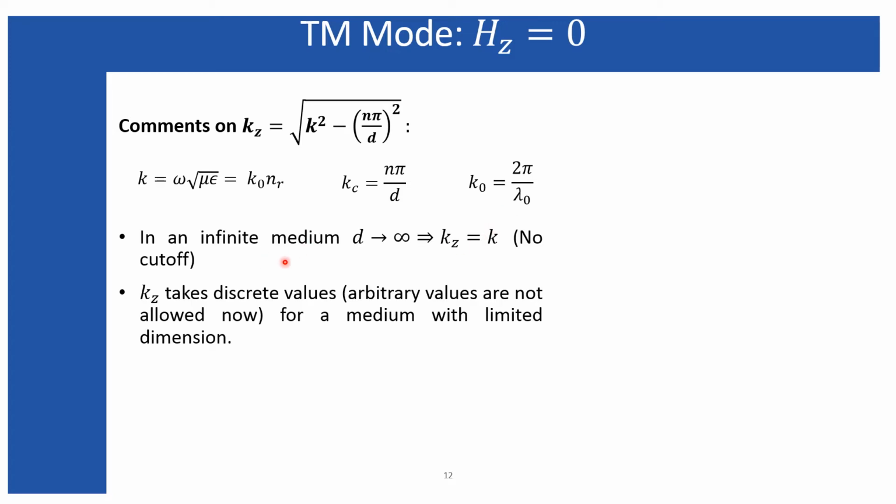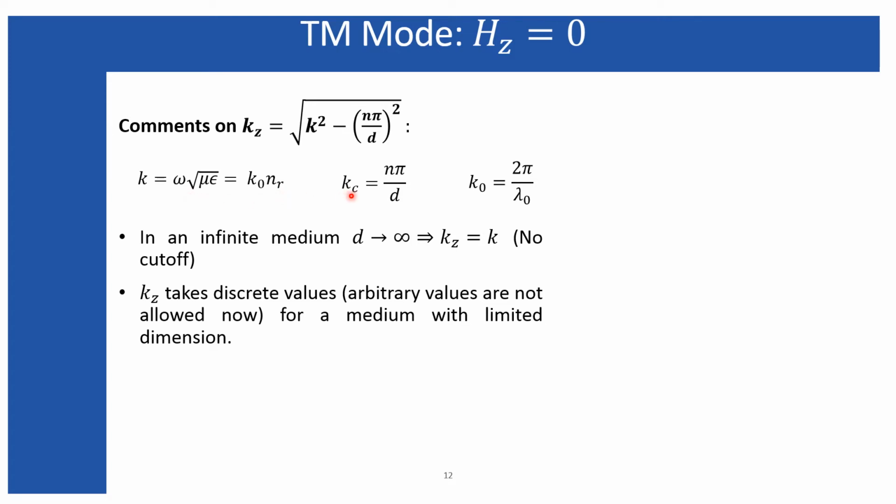In the case of an infinite medium, what I have discussed in all my previous cases, the separation goes to infinity, and that automatically makes this kc 0. Once kc goes to 0, kz becomes equal to k, which signifies that the wave which propagates through a particular medium having the maximum propagating wave number k, which includes this refractive index nr, should propagate with a wave number equal to that k. That means the wave should propagate with the maximum supported wave number of the particular medium.